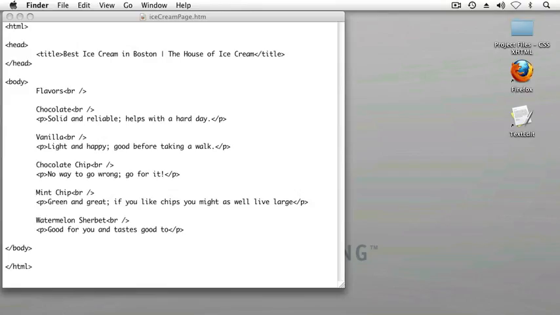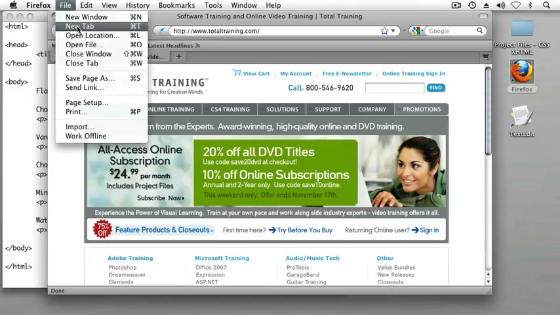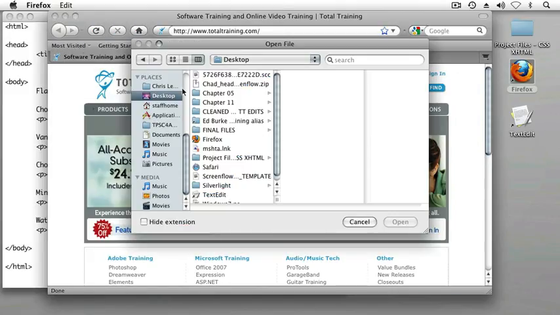I have what looks like a main title in the word flavors, and a series of flavors of ice cream, each of which have a name and a description. If I were to preview this page in my browser, which in my case is Firefox on the Macintosh, perhaps Internet Explorer on the PC, and if I were to open this file from the File menu by selecting Open File and browsing